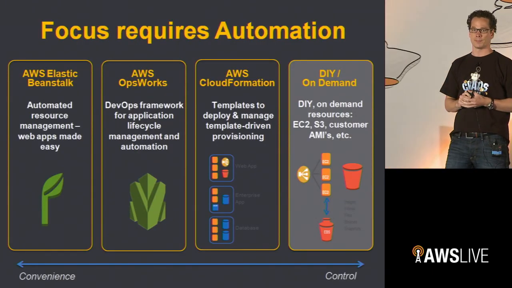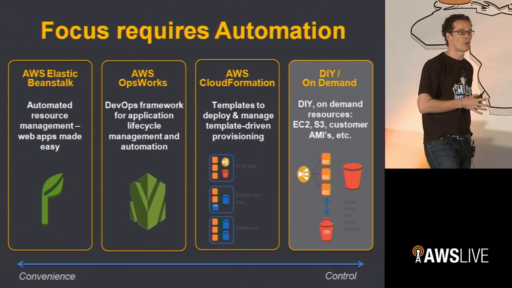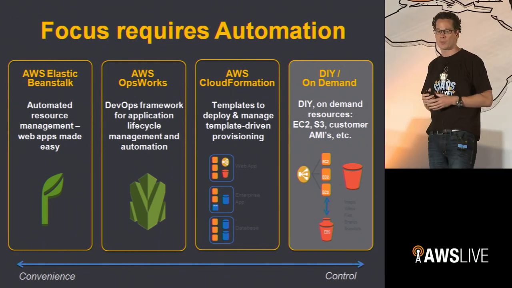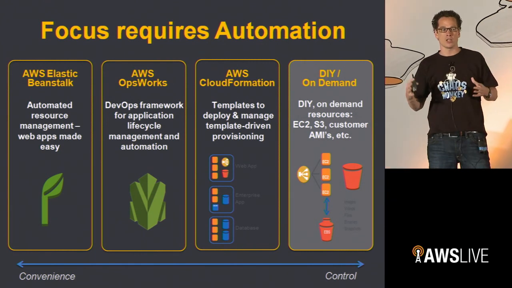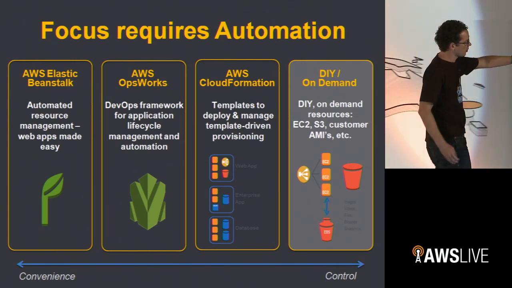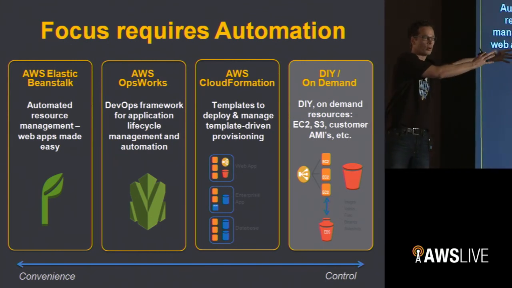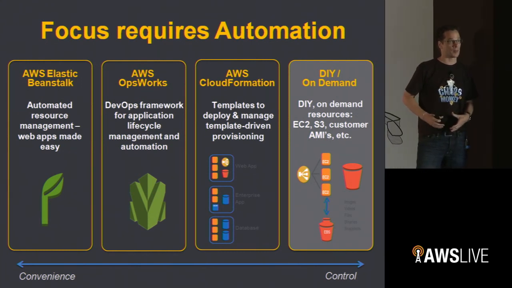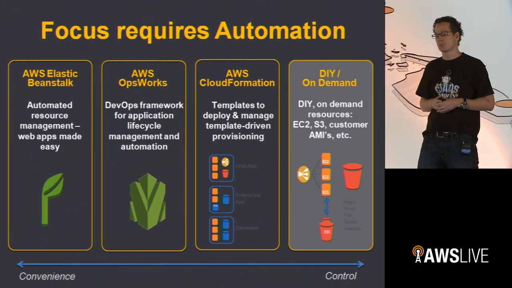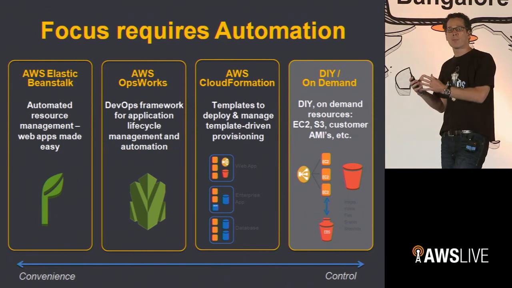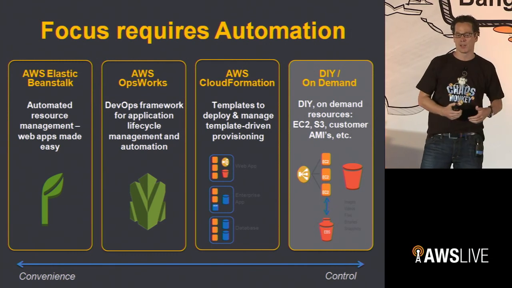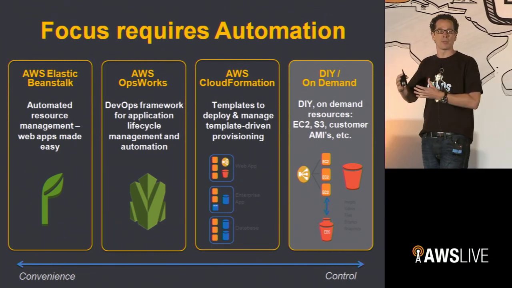Focus requires automation. And what the previous demo showed already, to some extent, was how you can start scripting things and how there's tools available and SDKs available. And in a way, the way we can look at that is almost like a continuum with a range of services we have. Like on one side, and for those in the back, you might not be able to see it, but this is a continuum. All the way on the left, you have like maximum control, and all the way on the right, you have maximum convenience. Okay? So you can build everything yourself with EC2 and EBS and do what they've just done on stage, which is great. You can automate a bit more by using services like CloudFormation, which basically allows you to create templates that drive your deployment and manage it like a template-driven form of provisioning.